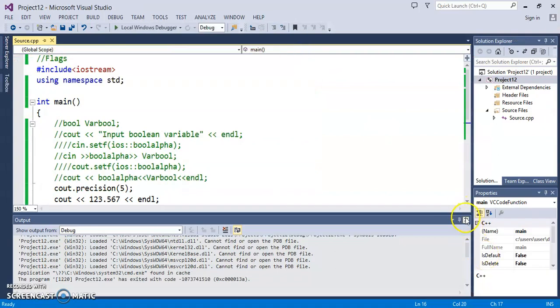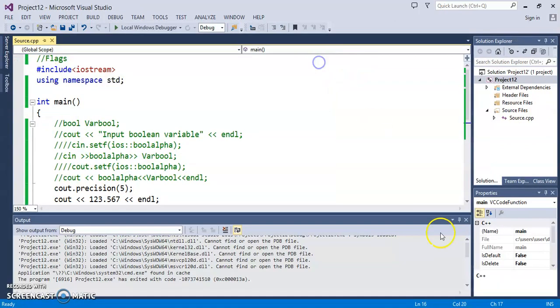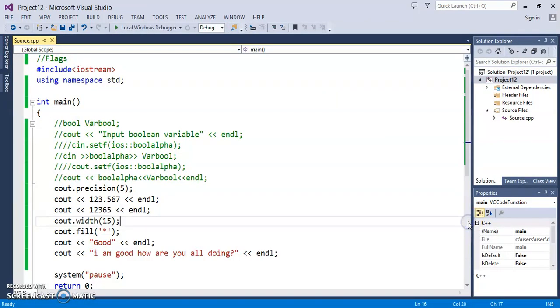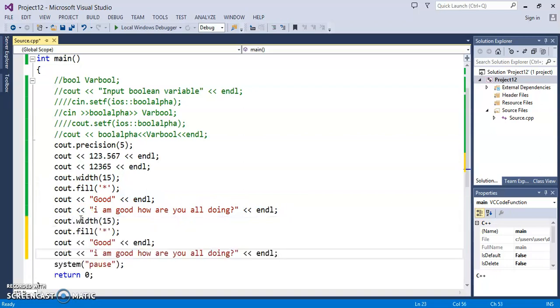Now let's say when you run it, it is always right justified. What you want is that your text should be here, and after that it should be filled by spaces up to 15. You want your text to be left justified. So I am just going to copy paste it so that you can check the difference. You can set another flag, and that flag is known as left.